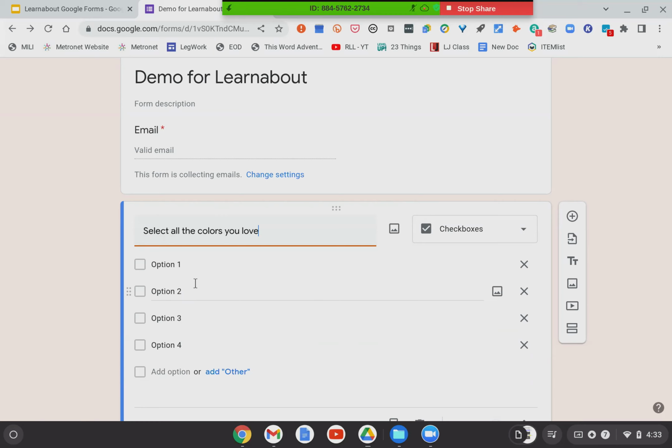You can also, as you see, once I have option, to the left, there's the ability to change the order. So if you don't like the order that you put your colors in, instead of deleting them out and retyping them, you can just move them around. You can also add an image. So if you don't think that people know what chartreuse looks like, you can go ahead and put an image of something chartreuse in there or whatever it is that you're doing with it.